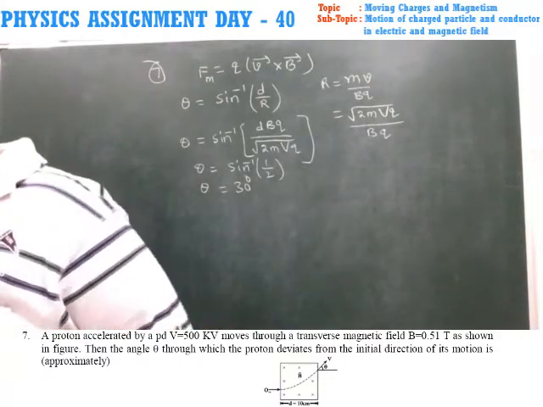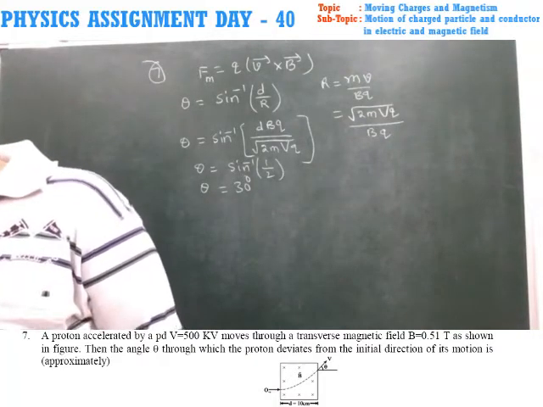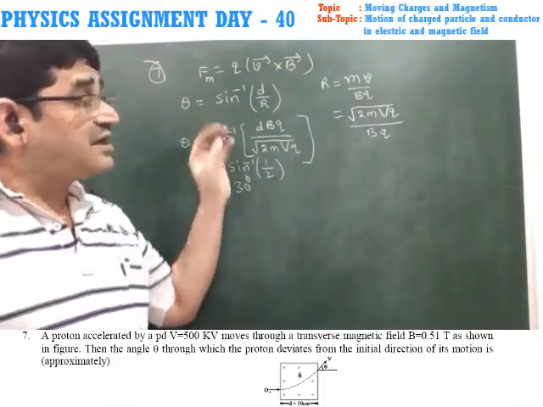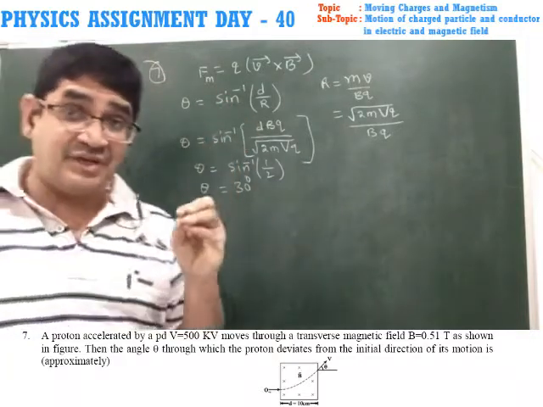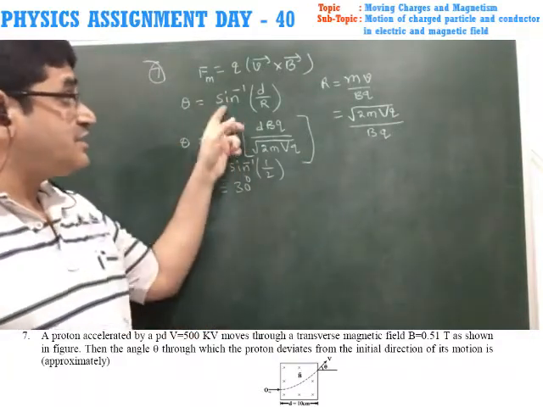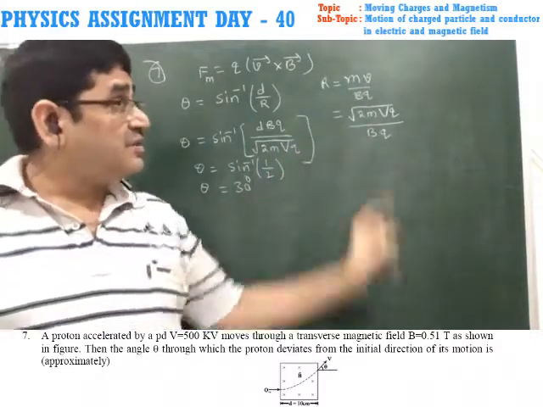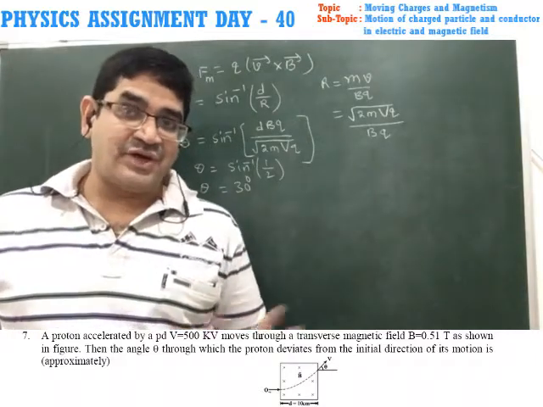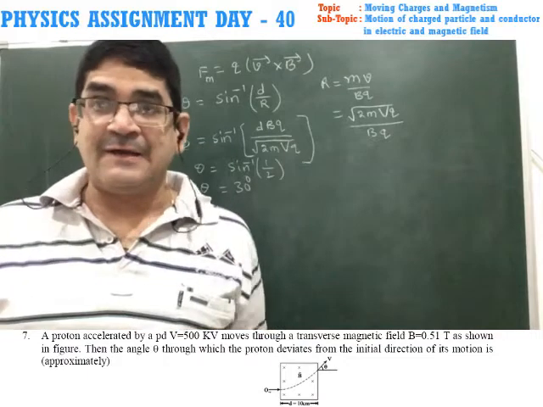In this particular problem, students, we can calculate using the concept of F_m = q(v × B). Here, for theta, I told you, if d is less than r, you can use sin inverse of d by r. So sin inverse d by r is the angle of deviation, but the radius is mv by Bq. But velocity is not given, though he gave the potential difference. You can equate the momentum with the square root of 2m times kinetic energy.